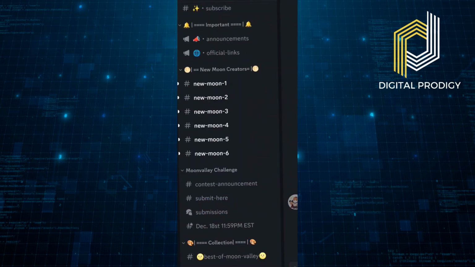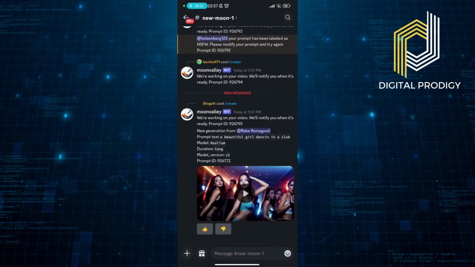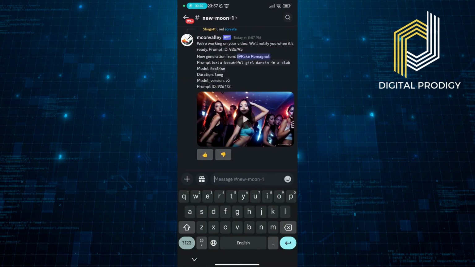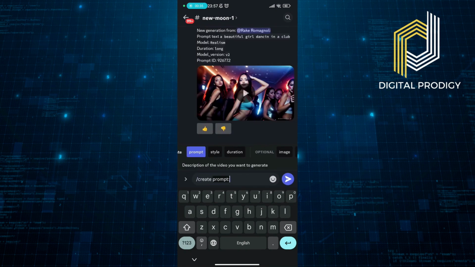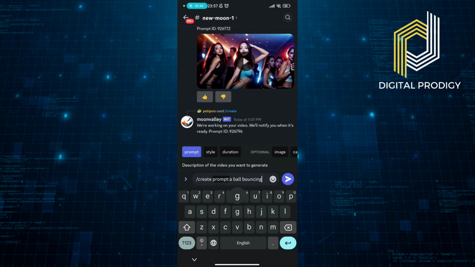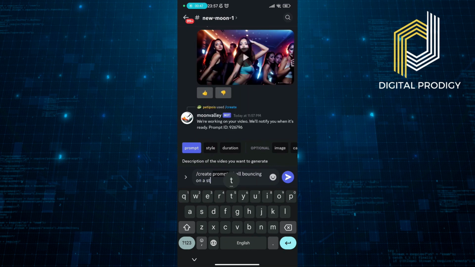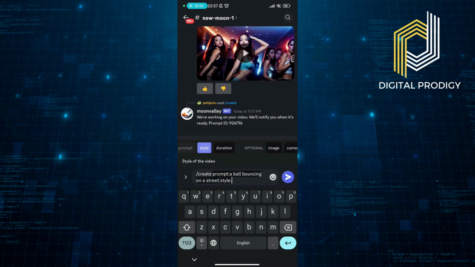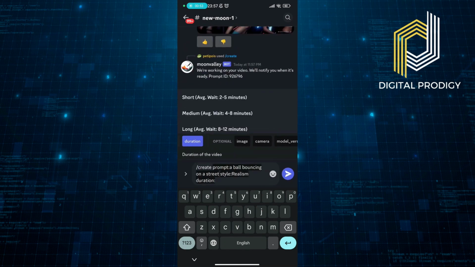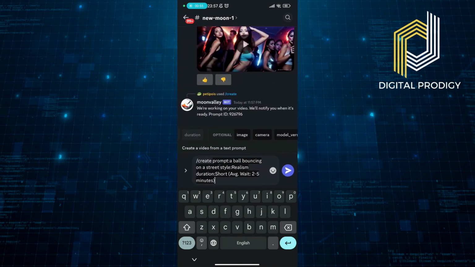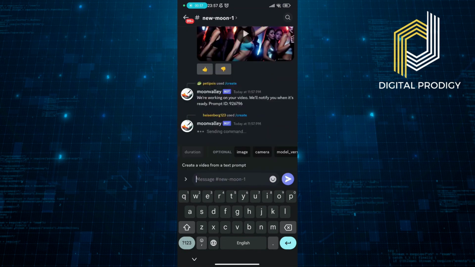Once you enter, you will go onto a channel that says New Moon, and either one of those will work. Now once you go onto here, you will click on slash and then create, and then you will add a prompt. So let's just say our prompt is a ball bouncing on a street, and then let's just say style, let's put realism, and duration, it's going to be a short video,